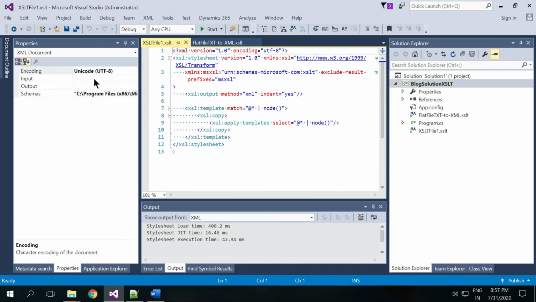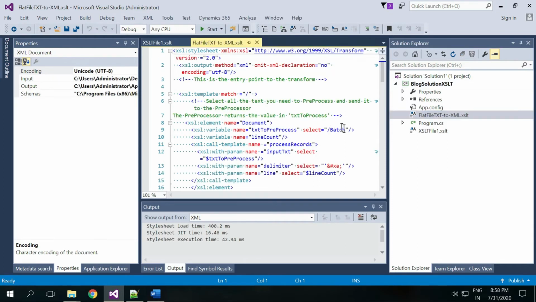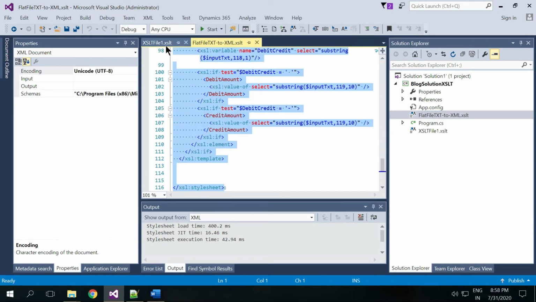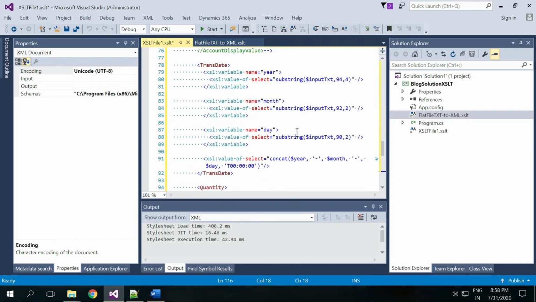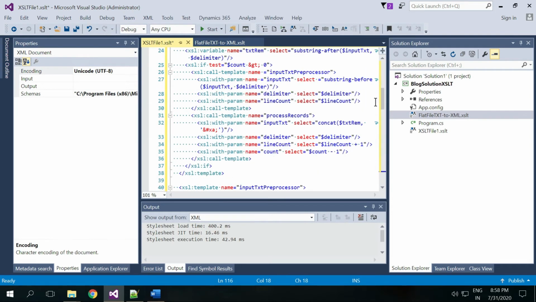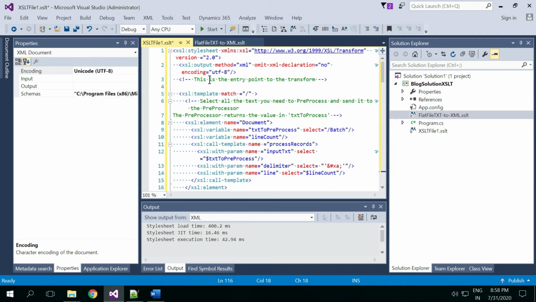Alright, so here your input is blank, output is blank. Schemas, it will take something from Visual Studio libraries by default. So I have already written the code. I'll just show it to you guys. In my code, you can observe one thing, that whenever you click on this text editor, you can see one XML tag appear on the toolbar.